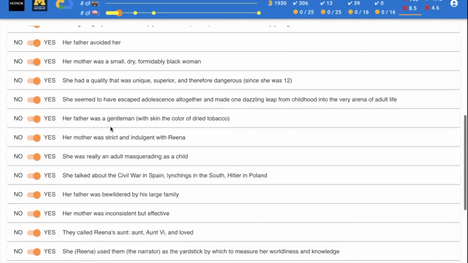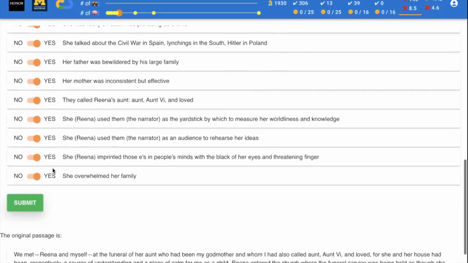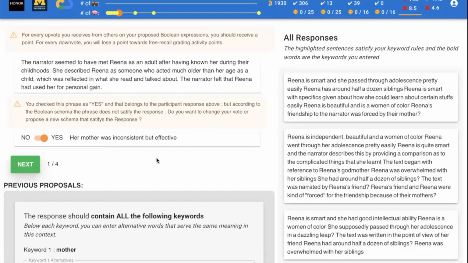But more realistically, if you are taking your time and evaluating this correctly, you still might go to this page. So if you choose one that the system didn't think was actually represented in the response, you will be taken to this page. And this page is a little complicated, but basically what it's doing is showing you,